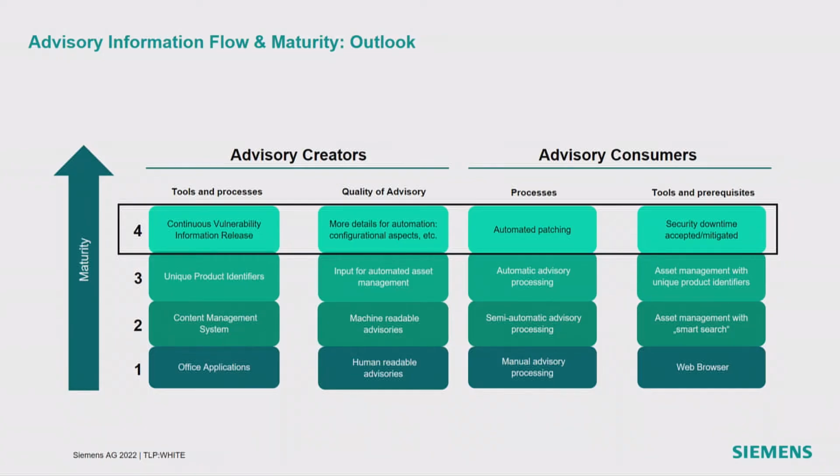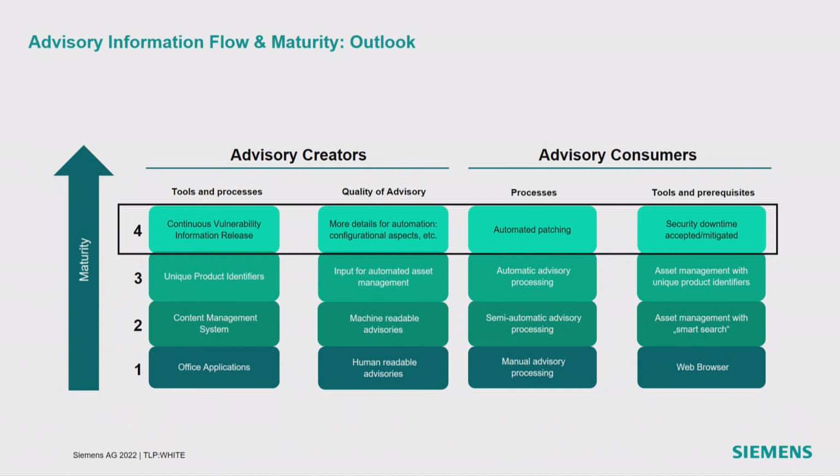Right, so that's about unique product identifiers and SBOM. How will it go on? Next step would be really not only from time to time issuing the advisories. At the moment, we've got our advisory day each month. We expect that to happen more often, especially with highly critical vulnerabilities. We also have out-of-band publications. And what we also need actually in regards to the quality of the advisory is more machine-readable information about